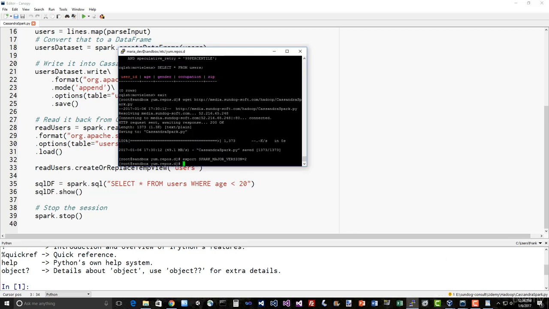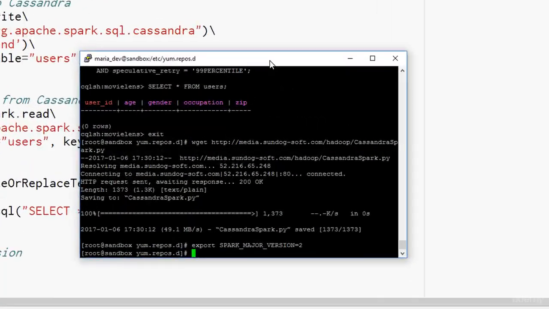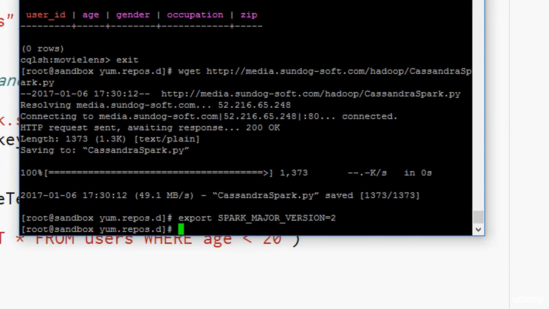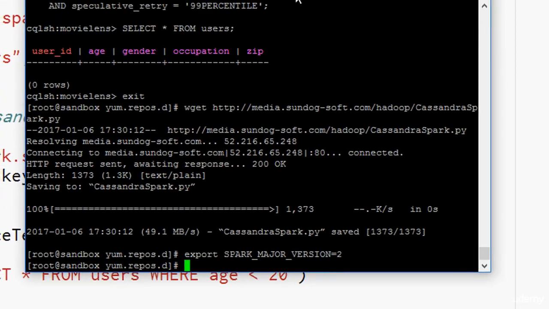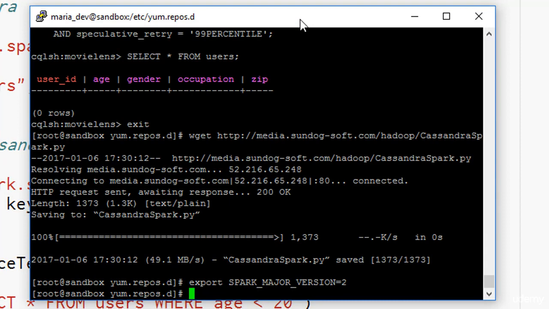All right. Now, one little trick. You can't just pass in org.apache.datastax.sql.cassandra and expect it to just work. It has to know where to find that package. So we do need to pass that in as a parameter to our script when we run it. So let's do it this way. We'll type in spark-submit. That's the sort of wrapper script for Spark that submits the script to our cluster. And we'll say --packages